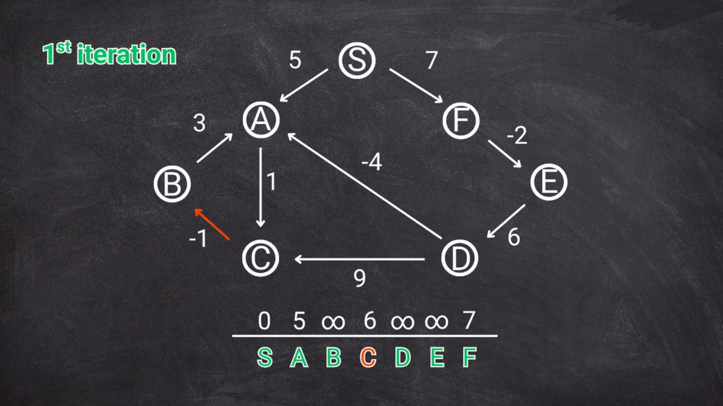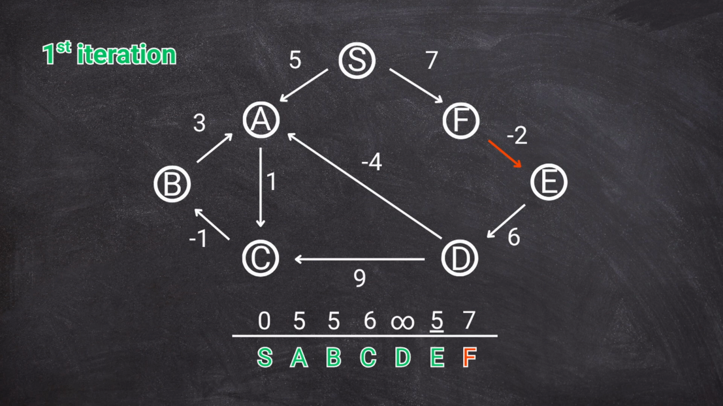Move to C. From C, we can go to B with a cost of -1. Update B to 5. Check D. We still can't reach D, so skip. Now E. Even though E can reach D, we don't know how to get to E yet, so skip E. Finally, check F. From F, we can go to E with a cost of -2. Update E to 5. After the first round, some nodes might still be at infinity if there's no way to